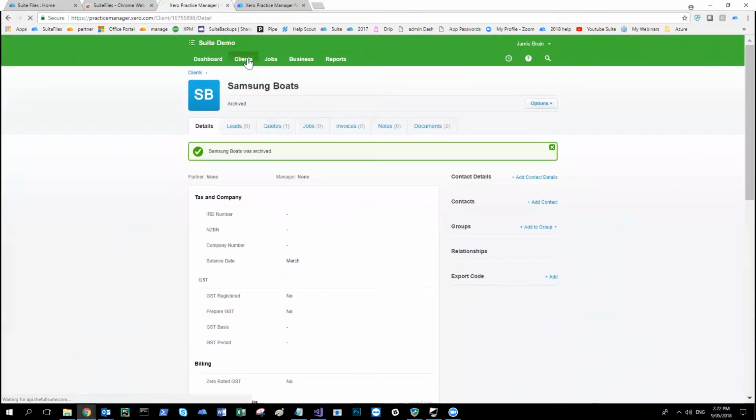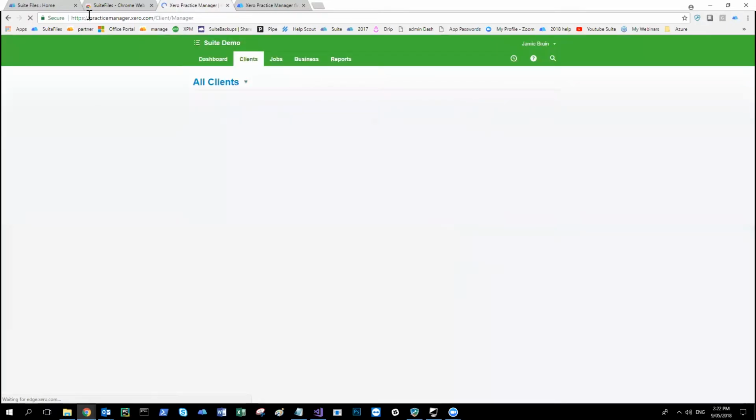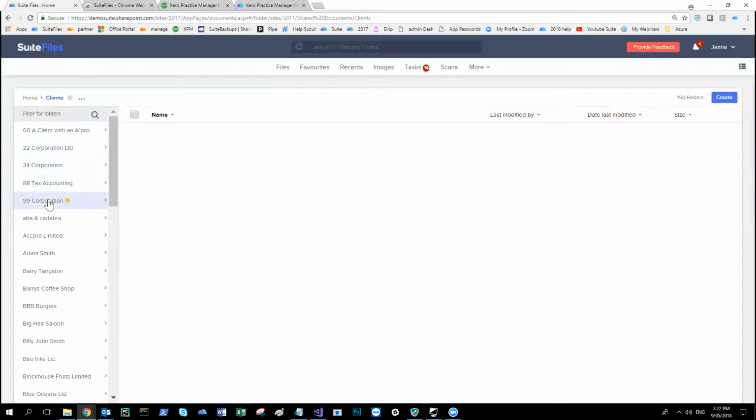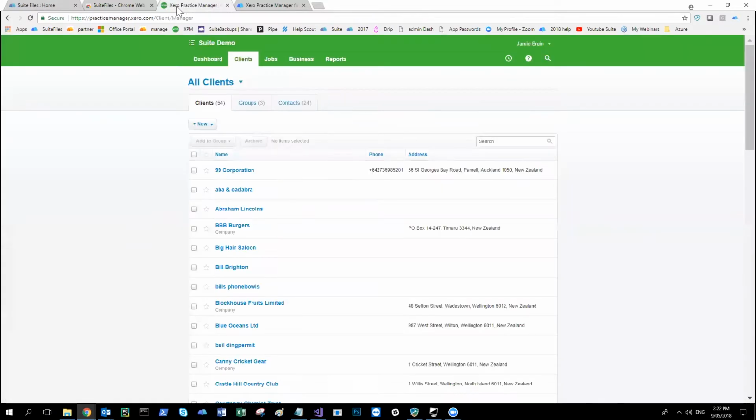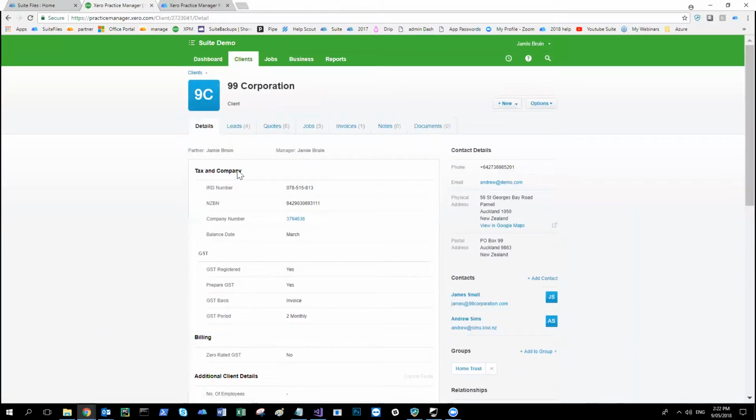The other thing you can do is if we go into a client, which we know in our SuiteFiles site, we know that this client folder has content in it. I'm going to go into the Xero Practice Manager and select the same client. One of the things that the integration allows us to do is view the contents of this client's folder that's in SuiteFiles. So if we go into the Documents tab,